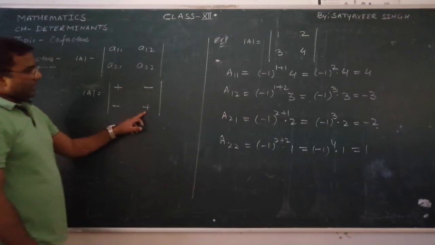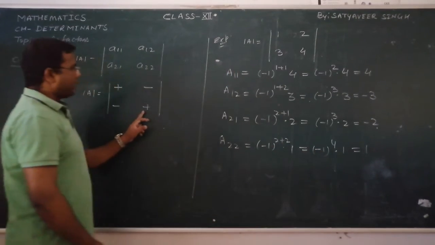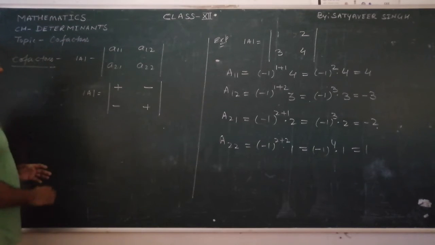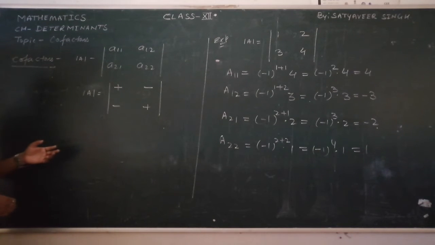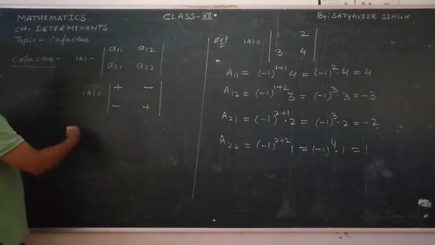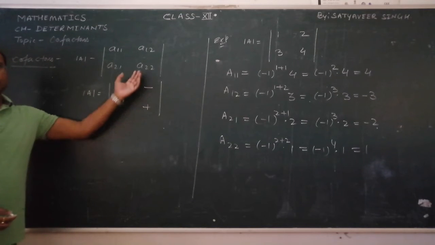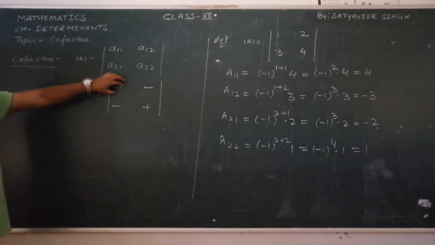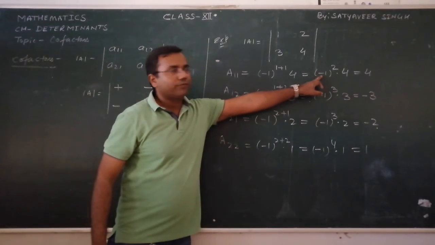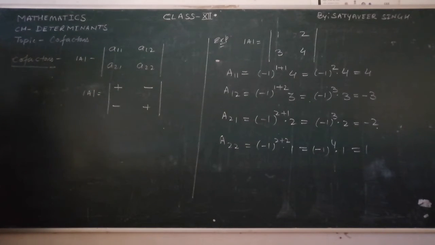The last element, if you see, it is plus, because minus 1 raised to 4 always comes positive. So you can write here it is positive. So for calculating directly the value of the determinant, that is why we write it quickly while we find the value, or suppose we expand along any row or column. We know this element will be positive always as per rule. As per rule, the sign will always be positive. So that is why this chart I had discussed with you in the first lecture.